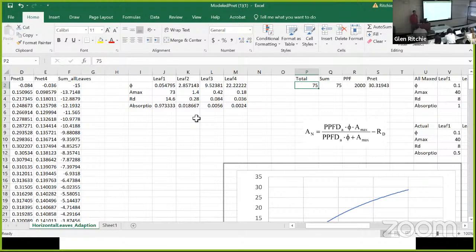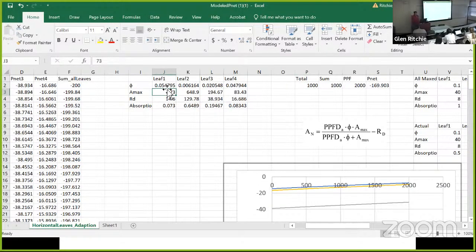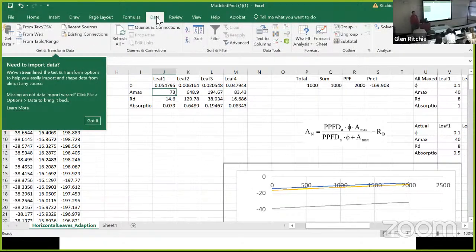So if we just maximize the maximum photosynthetic rate of our leaves, let's say we do 1,000. We're going to maximize our leaf photosynthetic rate here. Let's see what happens when we maximize our total canopy photosynthetic rate. I mentioned this to the online students. I don't know if I mentioned it to all of you. How many of you have used Solver before in Excel? Okay, one or two of you. So let me show you real quick how to use Solver.